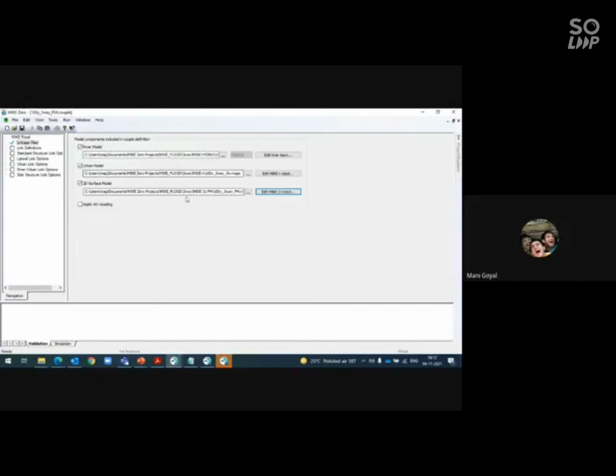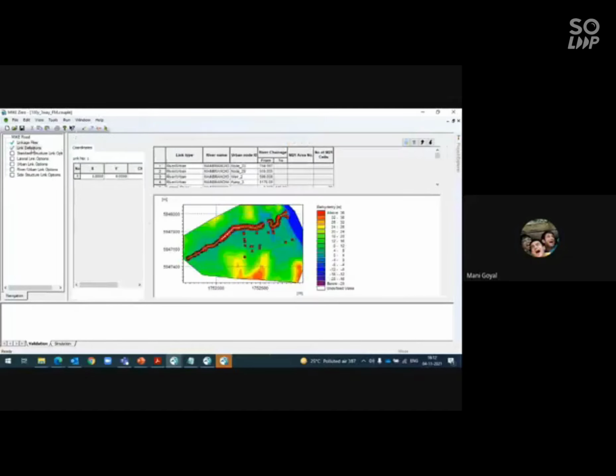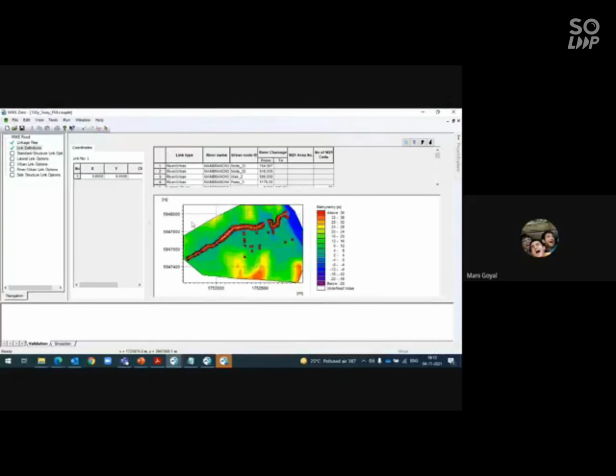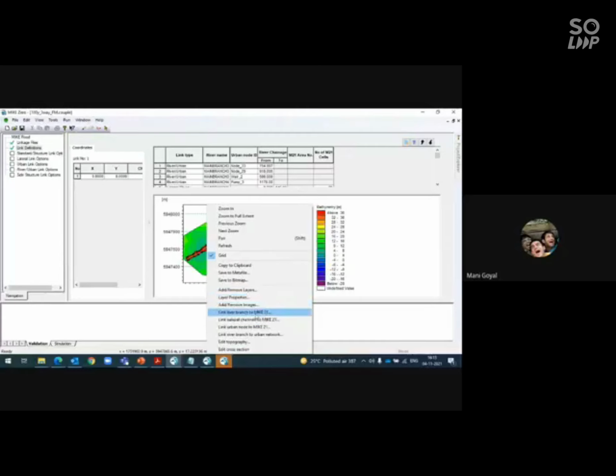Once you have imported these models, the second important thing that comes is connectivity. Now you need to connect your model with respect to your river and your urban model. So all these three should be connected with each other to see the three-way flooding scenario. For linkage and all, there are various options. If you simply right click on this graph, there is an option of link branch to your